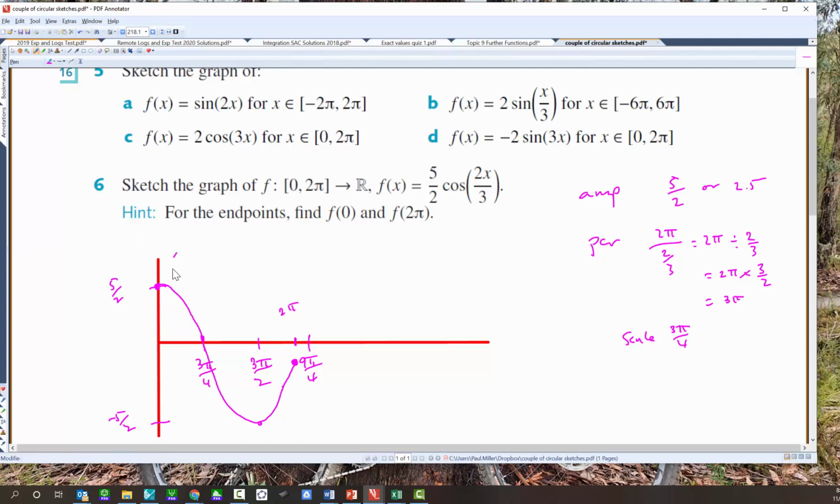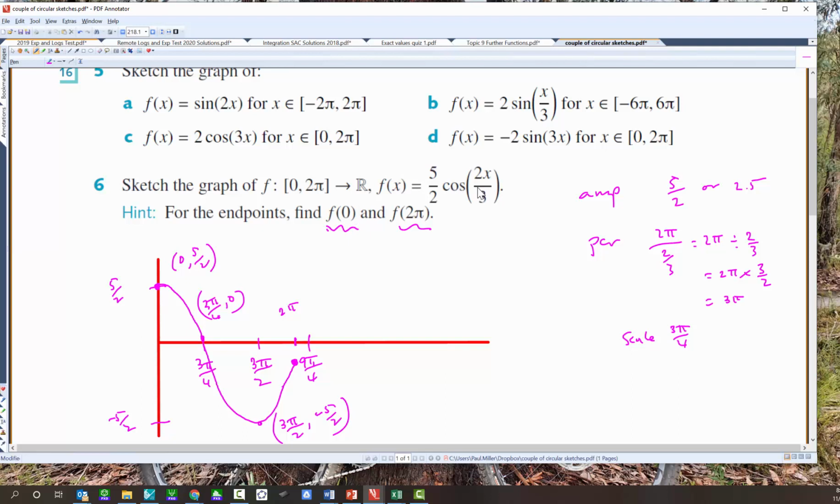Right, let's label our key features that we have at the moment. So 0, 5 on 2. This one here is 3 pi on 4, 0. This one here is 3 pi on 2, negative 5 on 2. Now, what's this endpoint here? Well, it happens at 2 pi, and so this is what the hint is: f of 0 and f of 2 pi. We don't really need to work out what f of 0 is, but if we were to do it, that